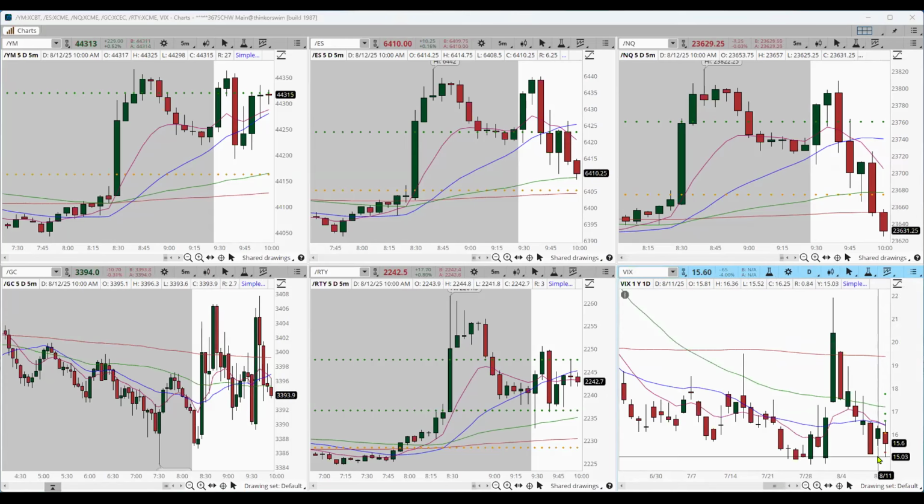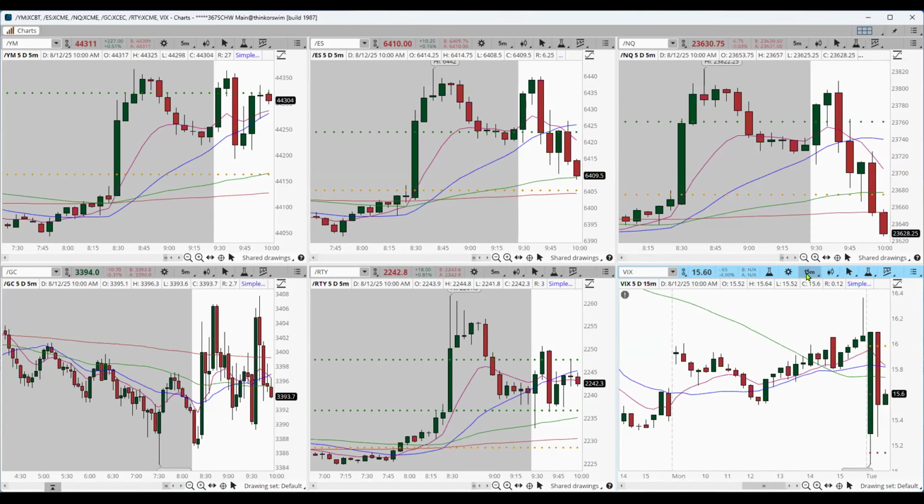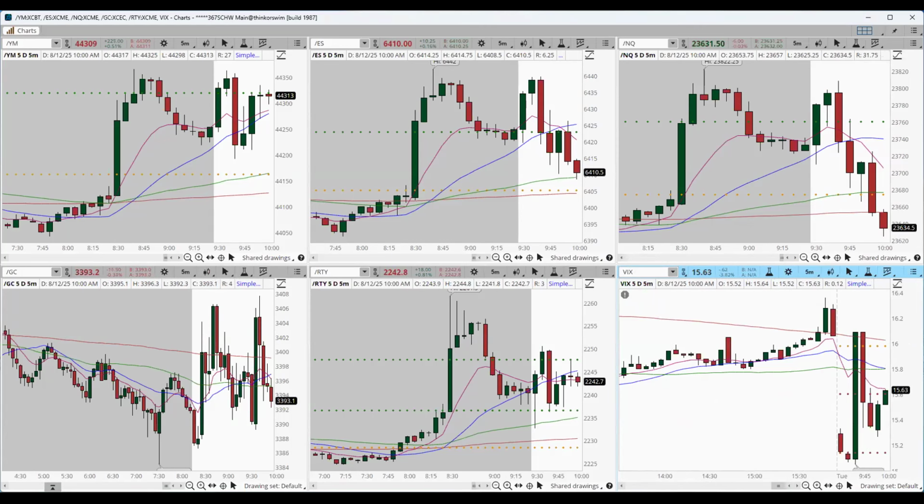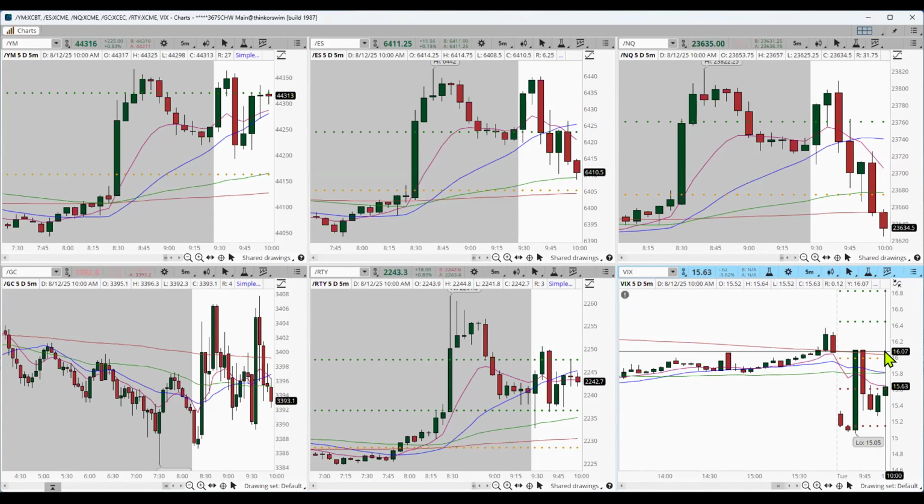See support here, or they bounced off of support at 15. Hard bounce. Let's take a look at the 5-minute structure into them. See, they're curling around. This is not good for the market. But some are responding, some are not. So I'm noticing some weakness here in